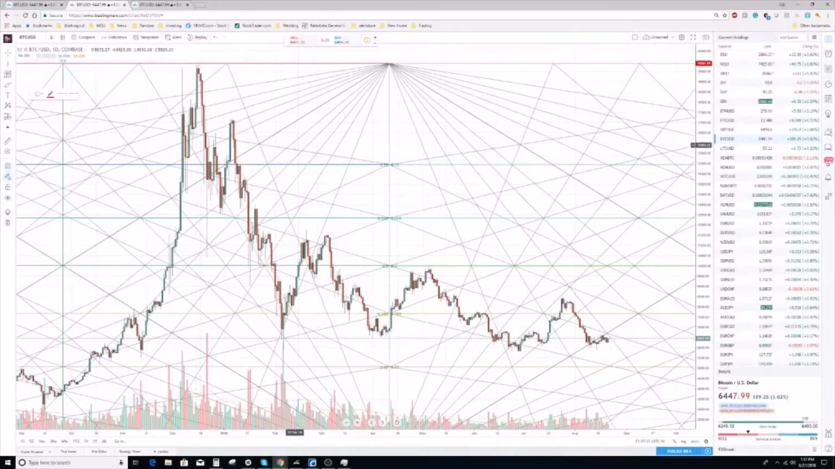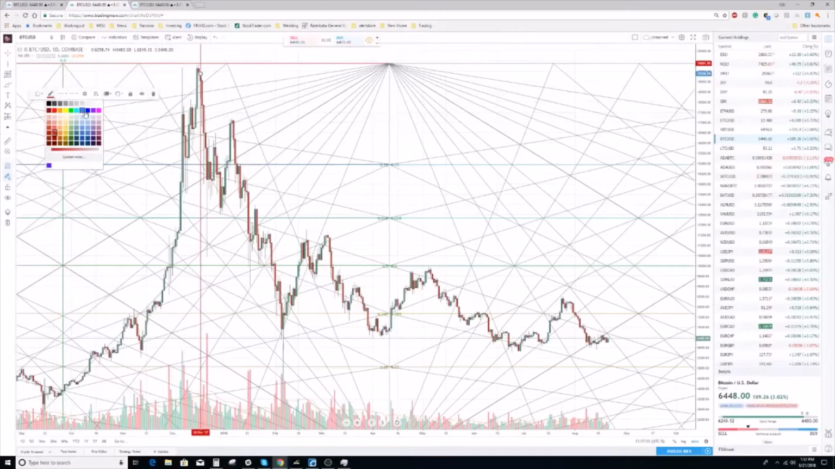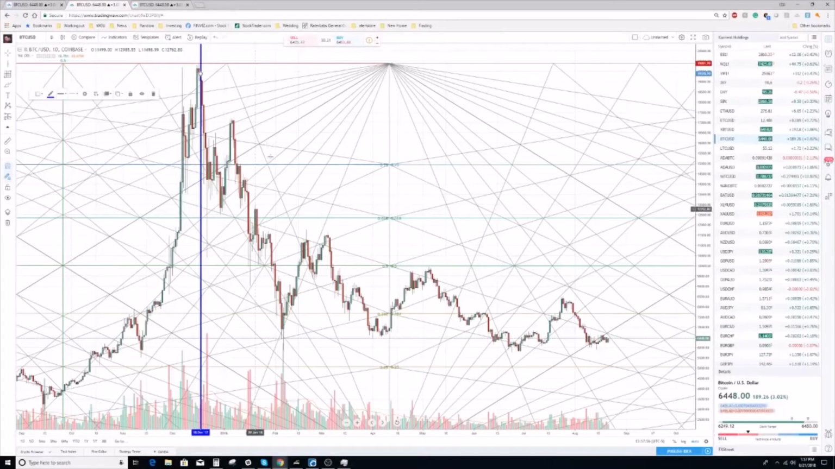So how you apply the law of vibration is you identify a major swing high or swing low. So for instance, the all-time high right here is at 19,800 and whatever it is. We start the day after that. Okay, so the next day I put a horizontal line there. I like to color that blue. I'll make it thicker so you can see it. All right. Now